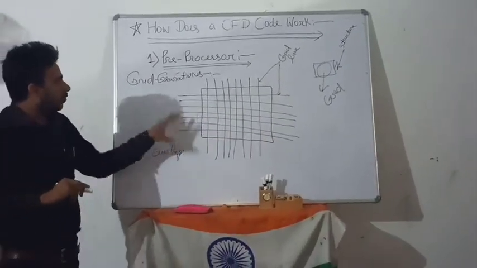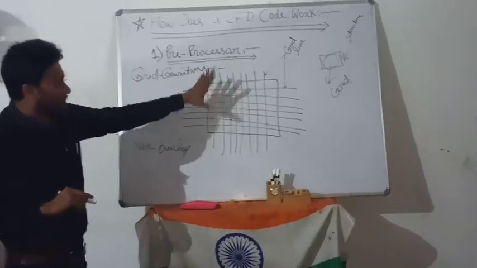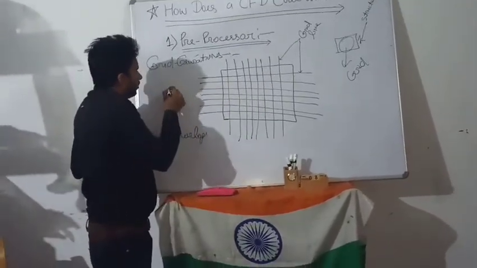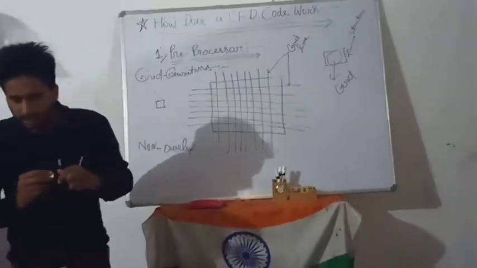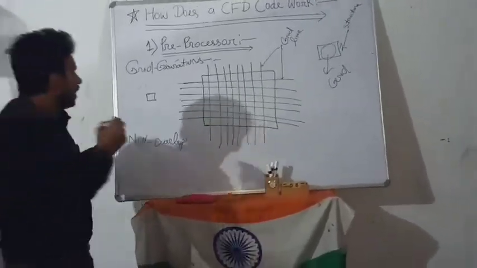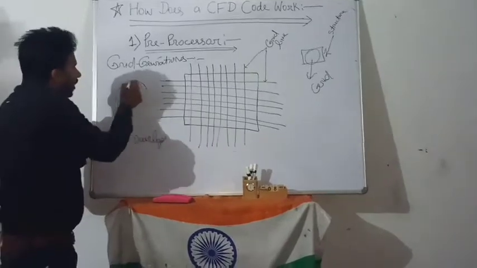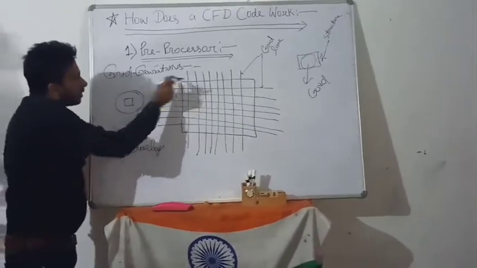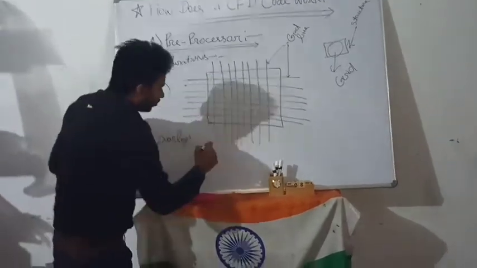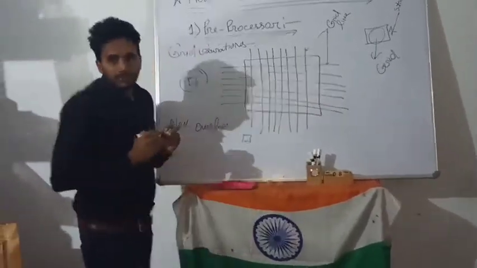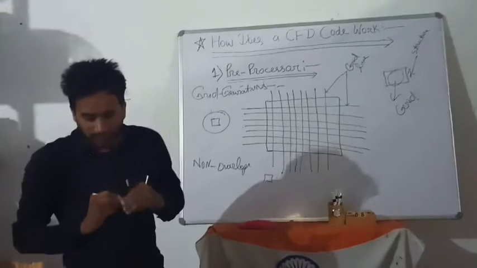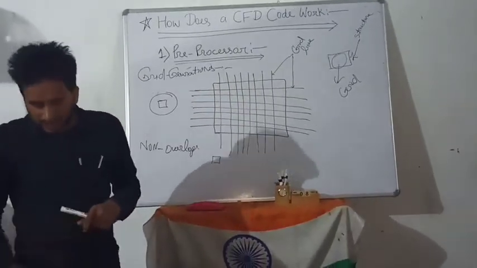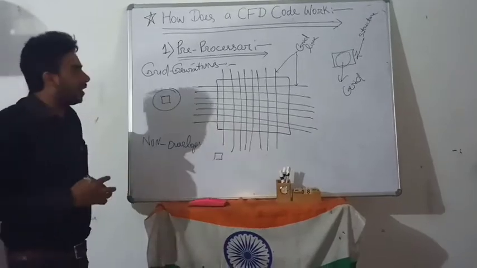Grid generation involves grid lines meshing the domain into small cells, and finding the control volume. For any problem to solve, I find the control volume. Then the next step is the selection of the physical and chemical phenomena to be modeled.